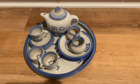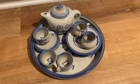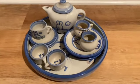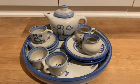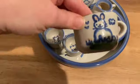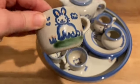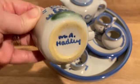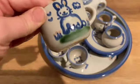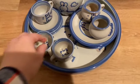Okay, so my auctions just ended for these pieces. This is the auctions I was talking about. As you can see, it's a set of stoneware, a little children's tea set. And it has a really cute, sorry about the shadows, this is late at night again, bunny design. You can see the maker is Hadley, M.A. Hadley. So the auctions just ended, and I had divided these up